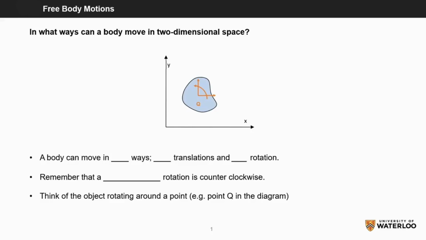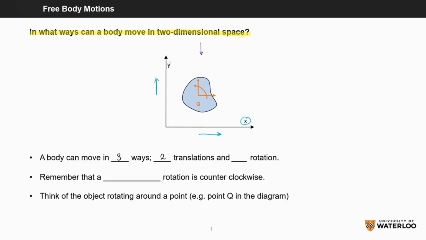Section 2.6 explains free body motions. Consider the question, in what ways can a body move in two-dimensional space? Refer to the figure below. The answer is that a body can undergo three different and independent types of motion, two of which are translational